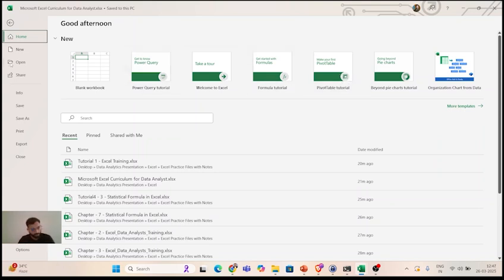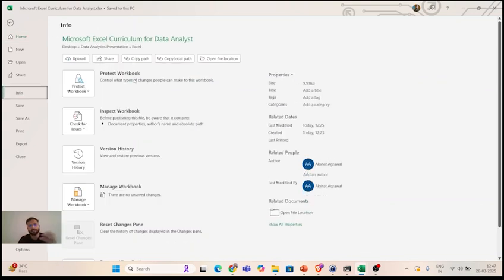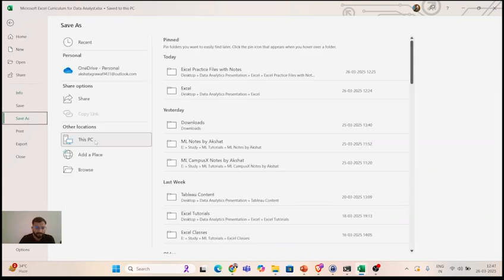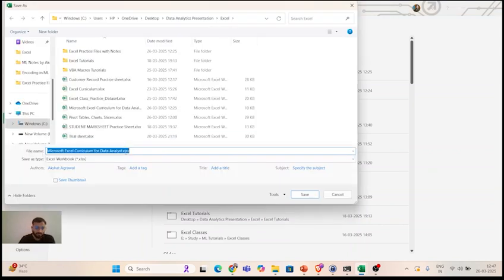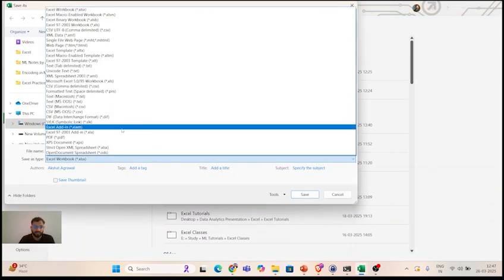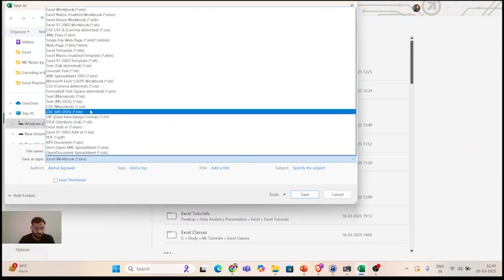And below you can see a lot of other options, like to open a file, to share some file, to get the info of a file. In info we can use a password to protect our workbook and other stuff, as you can see. To save a file, to save as a file, if you want to save the file in some other location, renaming the file, or some other extension you want to save it in. For example, if I click on it and go to save this in Excel, I can change the name of the file here, I can change the extension of the file here, right? So we can do lots of stuff.